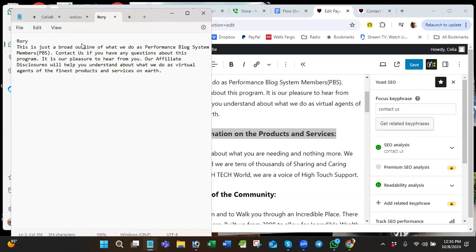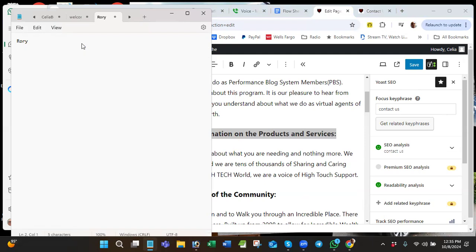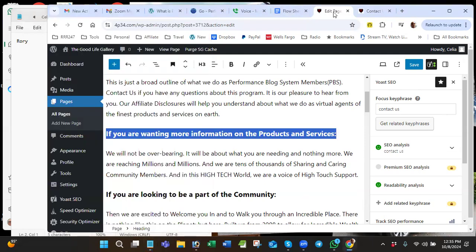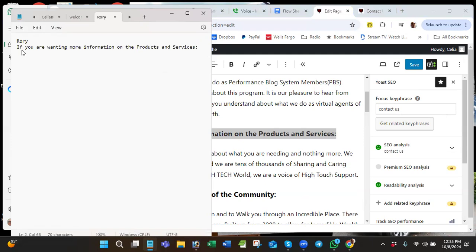Oops, Control Z that. That was what we already had. I forgot to click copy. Okay, so Control C this. All right, so this is Rory's words right here. Control V. Now hit enter and type me. All right, now I'm going to put your, or Celia, whatever you want to say. If you're wanting more information on the products and services, okay, so we could say below,